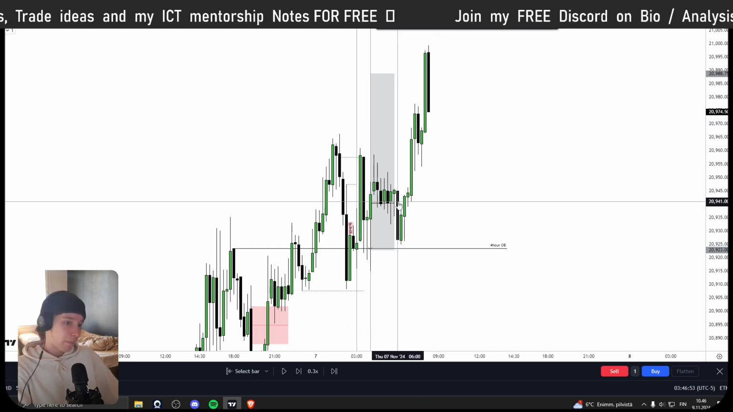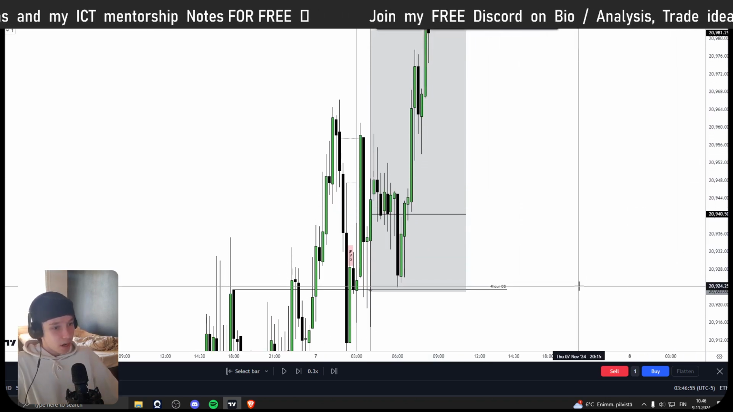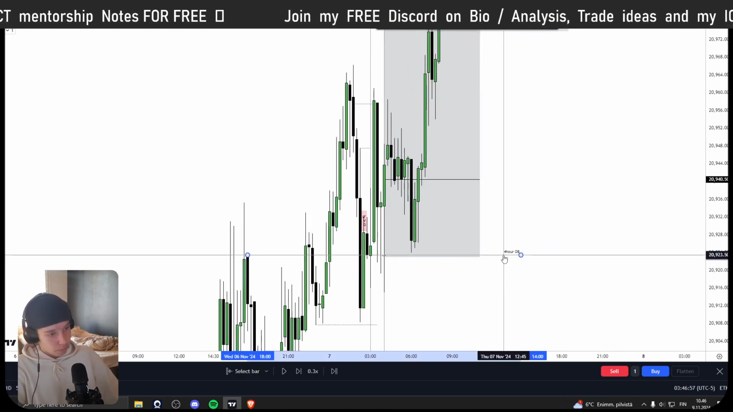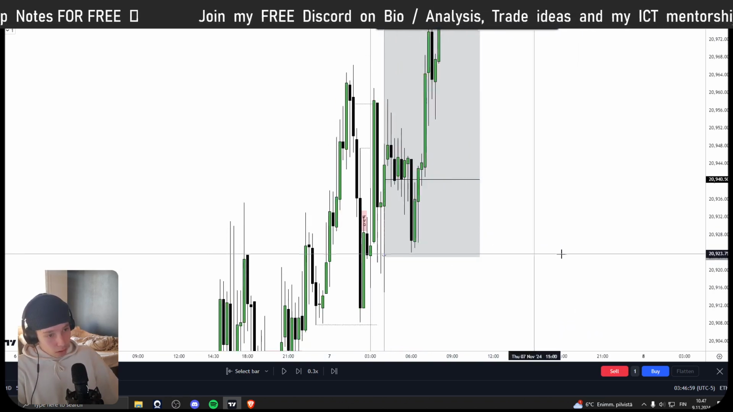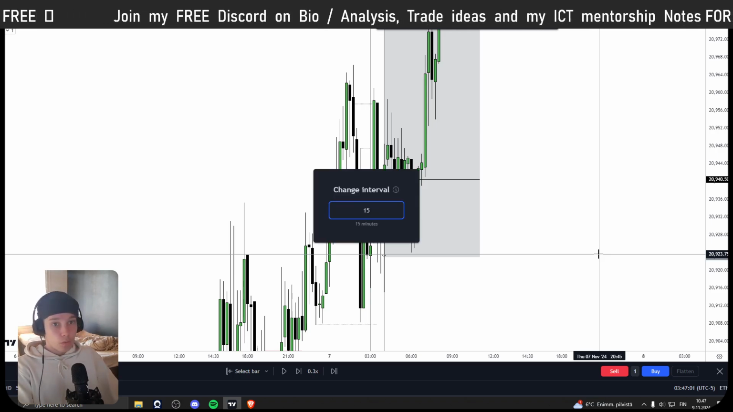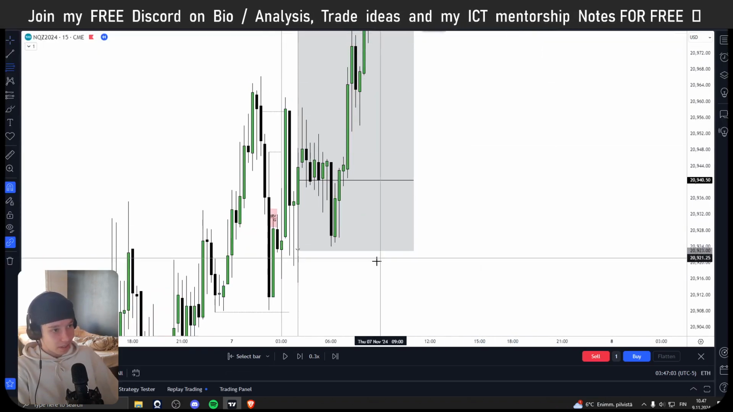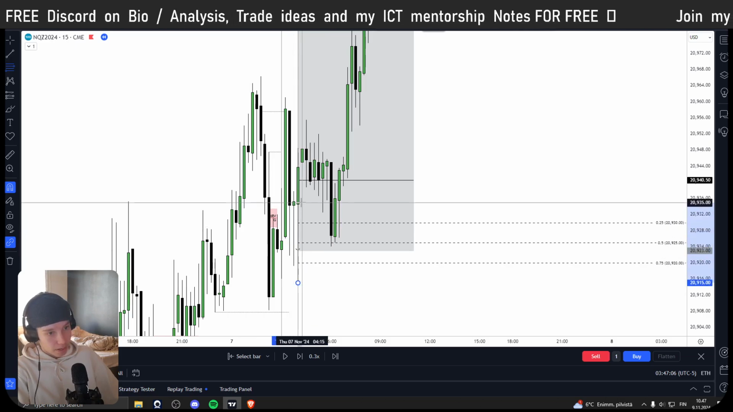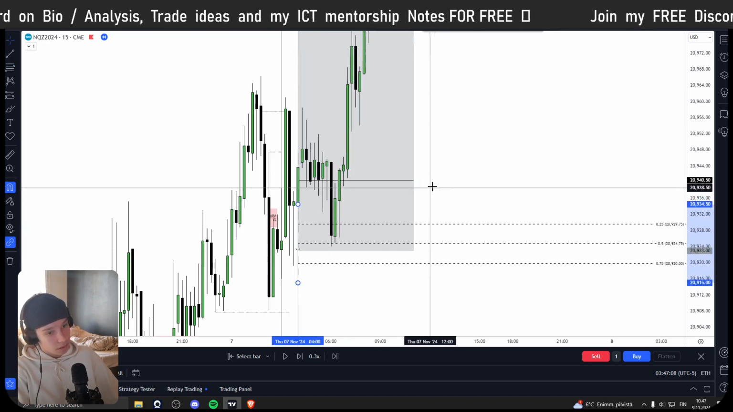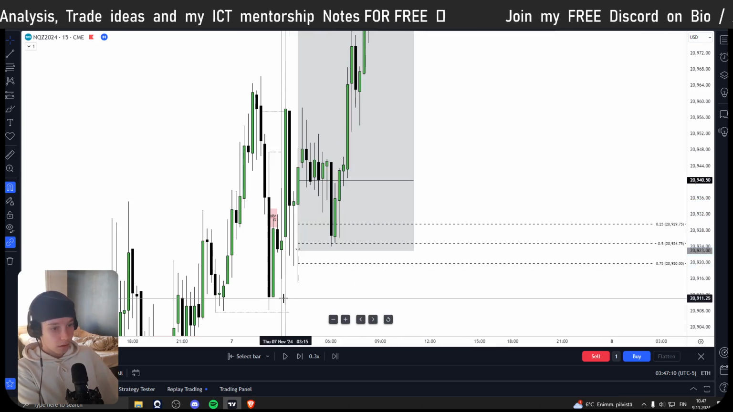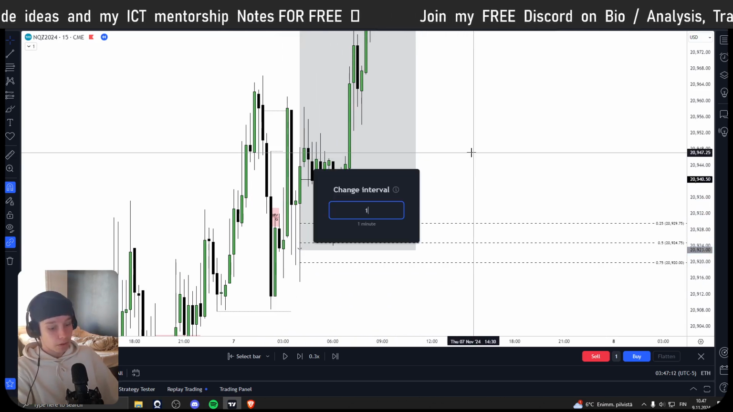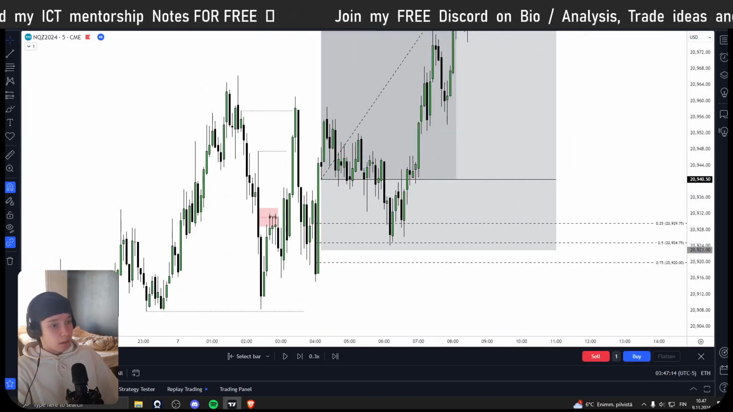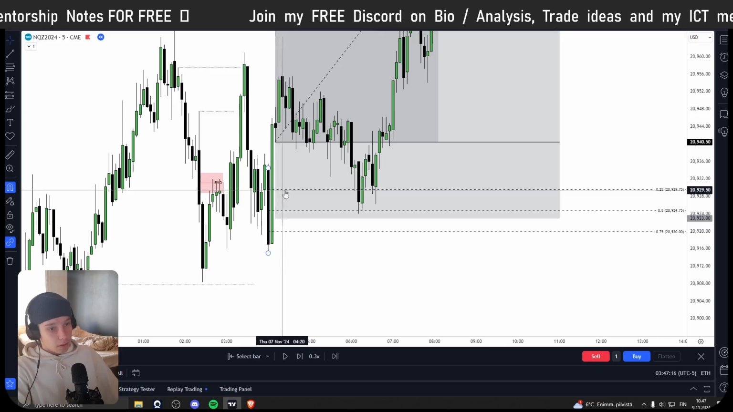Look, that was kind of mad. So I placed the stop below the consequent encroachment of the 15-minute wick, and price actually ends up respecting that area. That's kind of crazy. And ends up moving in my favor, if this was a trade idea. But yeah,